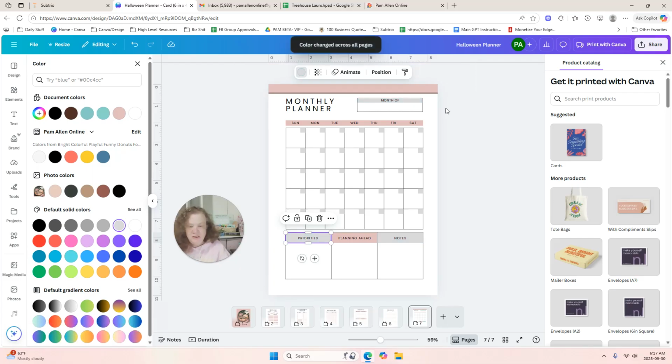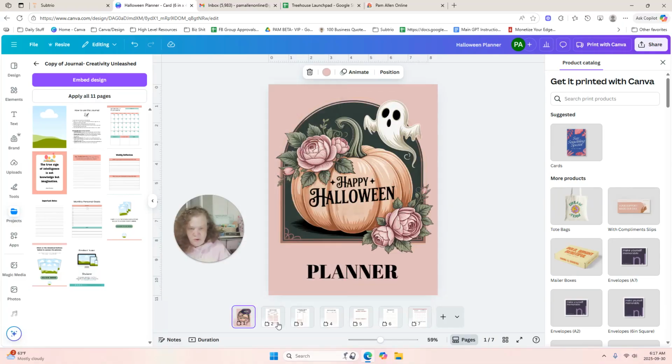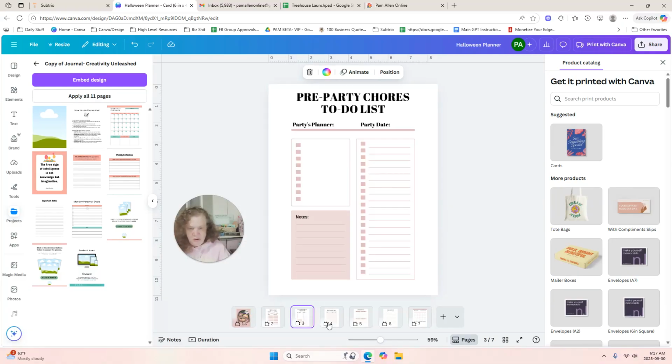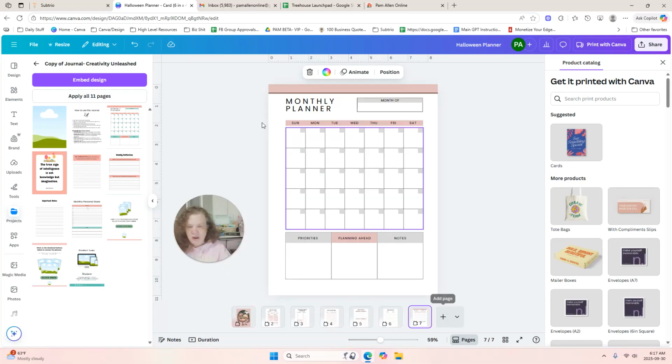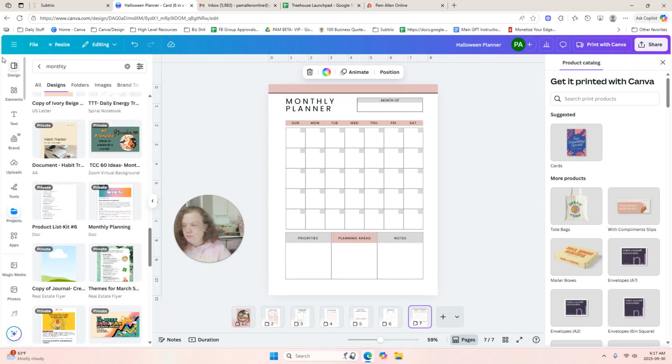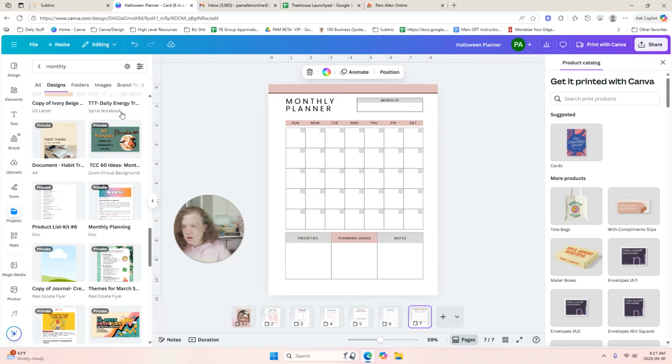That now is easily with the rest of this. Perfect. That's how you do it. You just go to projects, grab,